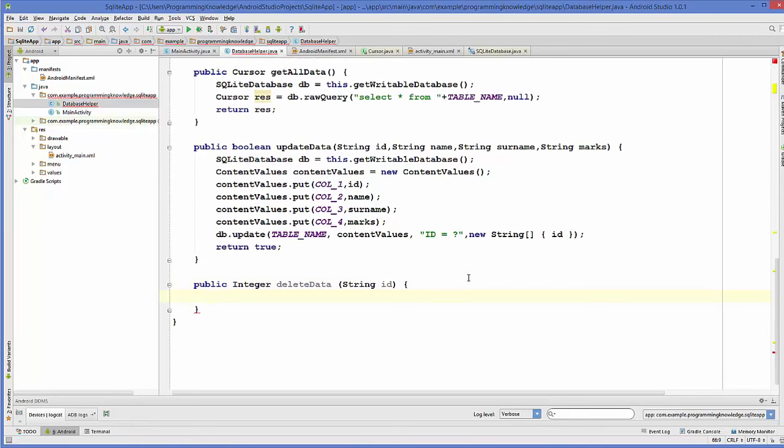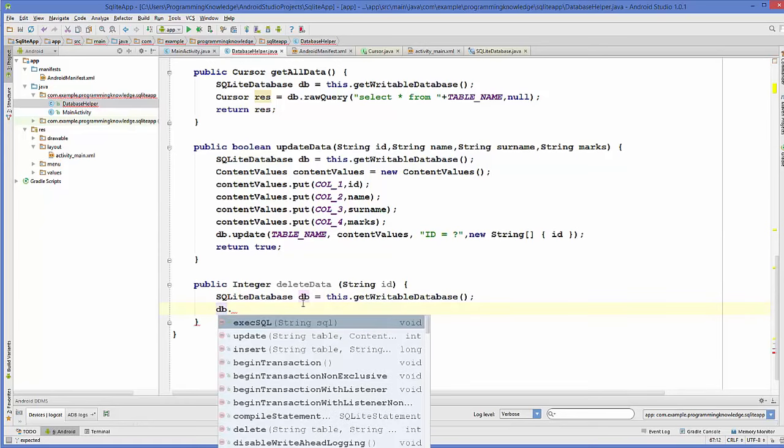Now the first thing which we will do is create the SQLite database object using this get writable database, which we have done in the last videos also, right? So just copy this and paste it here. Okay, and the next thing is we will take this database instance to delete the data. So take db here, and we are going to call delete